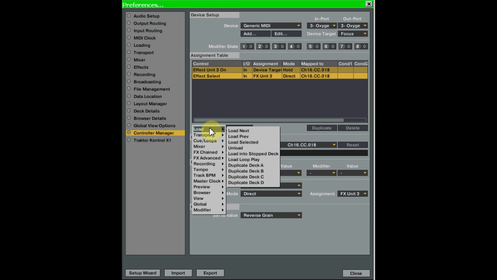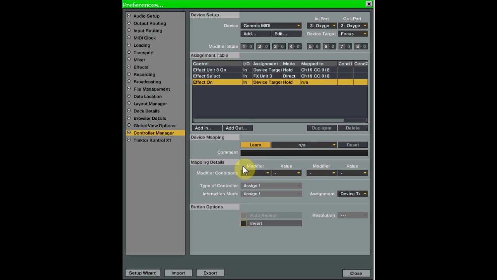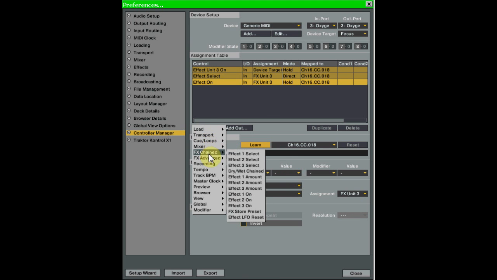Now we're going to add in effects advance. We need to turn the unit on. Learn is still on, so I'll just turn the knob. We want this to also be a button in hold, and we want to change device target to effects unit 3. Now Learn is still on. I'm going to add in under effects advance